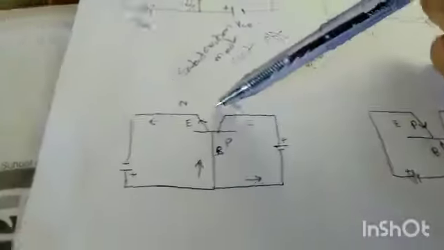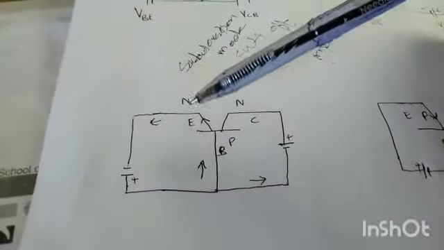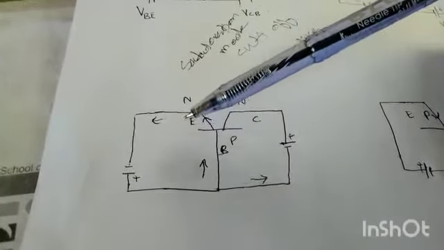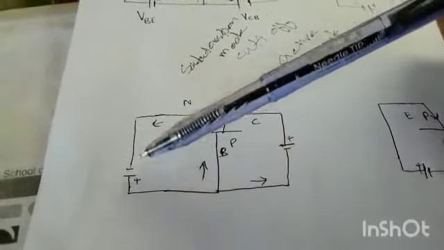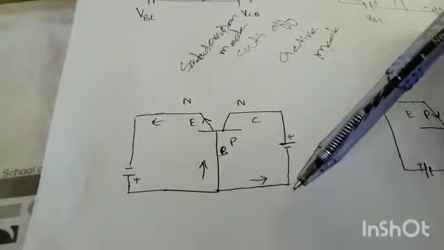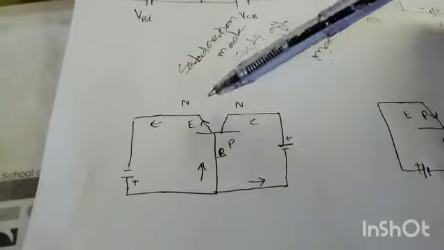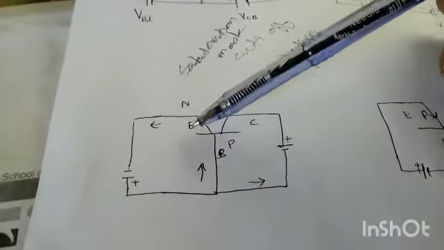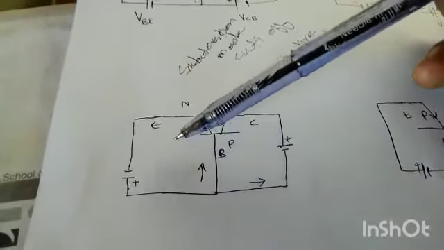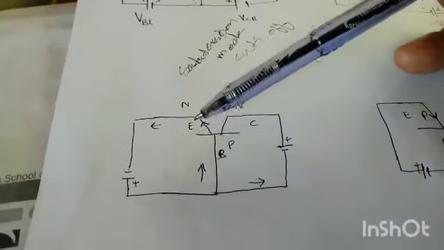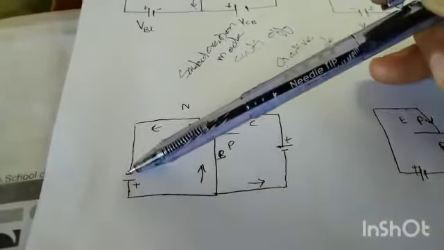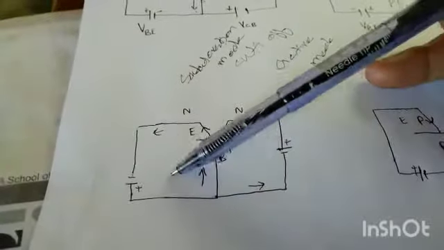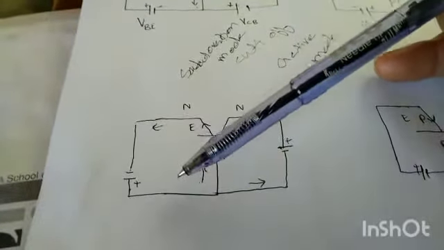Here we only discuss the active mode of the transistor, in which we make the input circuit, that is the emitter base circuit, forward biased and the collector base junction reverse biased. Let's consider the NPN transistor. In an NPN transistor, emitter base is made forward biased in such a way that N is connected to the negative terminal of the voltage source and P, that is base, is connected to the positive terminal of the voltage source.